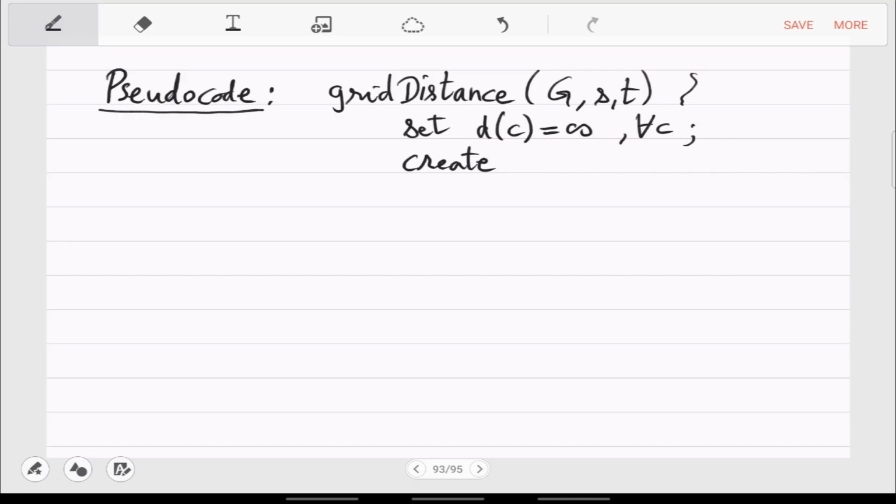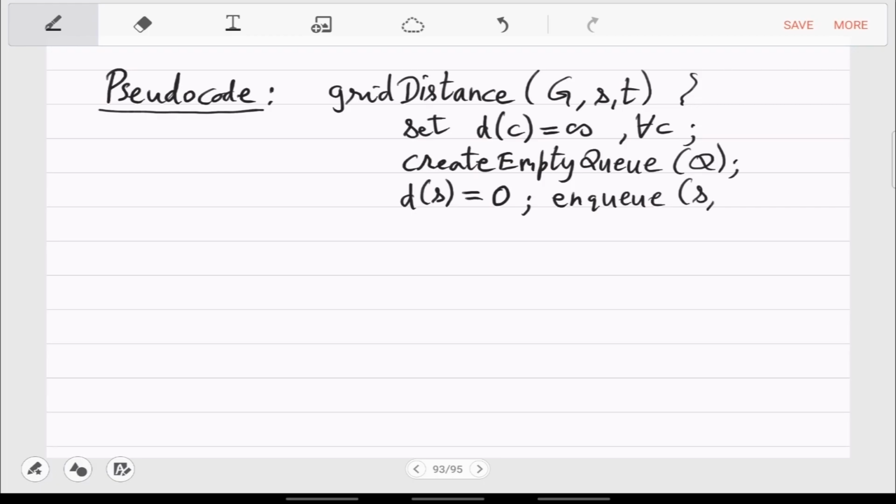Create an empty queue. The cell S, that distance is obviously 0, and you can enqueue it. Okay, so now the queue is alive with one cell. So when you dequeue it, you should look at the neighbors and enqueue all of them. That will kickstart your loop.